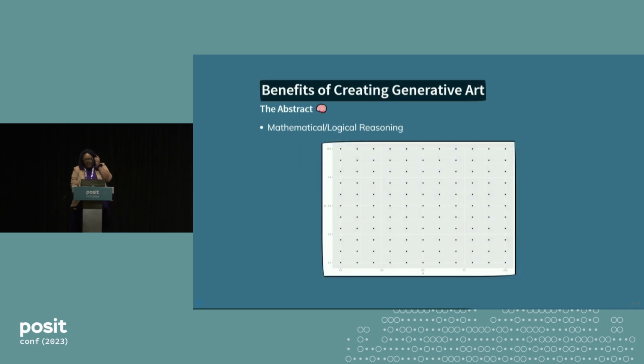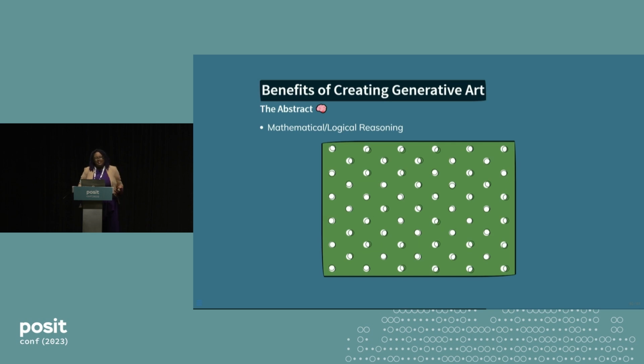So there were some more abstract benefits as well, like mathematical and logical reasoning. Like, imagine how pissed I was when I found out math was involved to make art, man. It sucks. But the truth is that art can require you to know about patterns, numeric sequences, and just general logic. And logic like that is what makes it possible to go from a grid of points like this, to a grid with skipped patterns like this, to a finished piece of art like this, without having to manually create the data for every single pixel shown here.